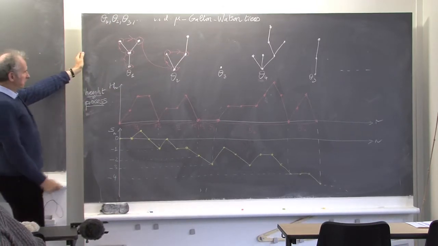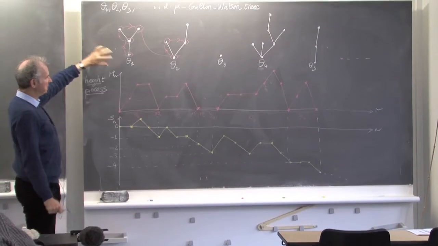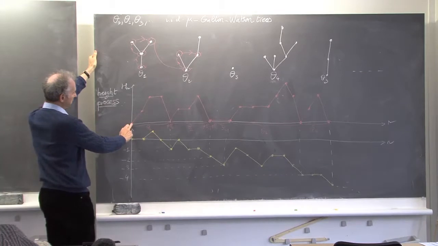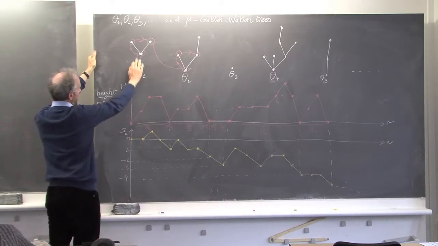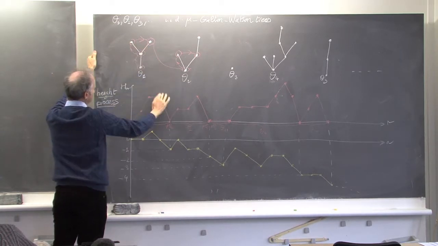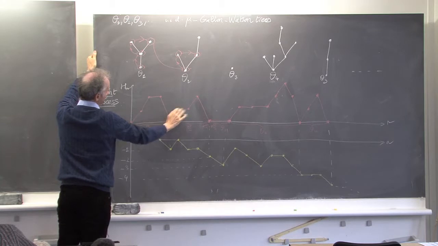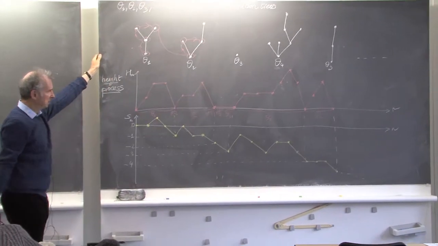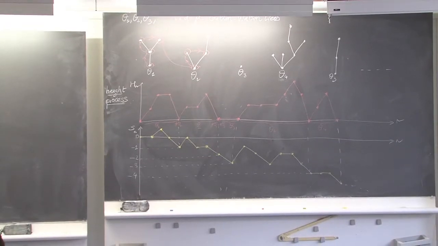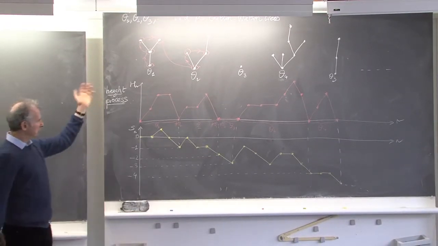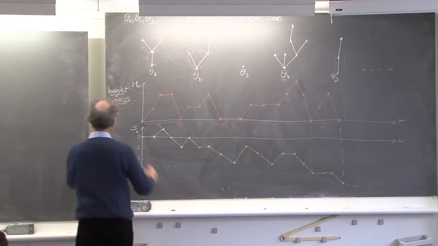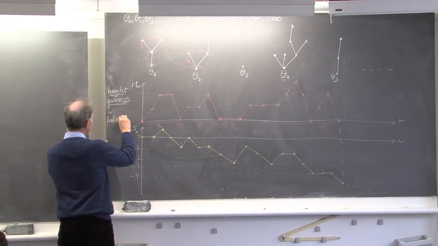Now, what is the height process? It tells you at step n what is the generation you are visiting at that time. So I started from 0, of course, here. I jumped to an individual of generation 1, then to an individual of generation 2. I stayed at 2, and then I jumped back to 0, etc. So it's a way of coding the trees, which is very convenient. And in fact, we introduced a different way of coding the tree, which is what I call the Lukasiewicz path.